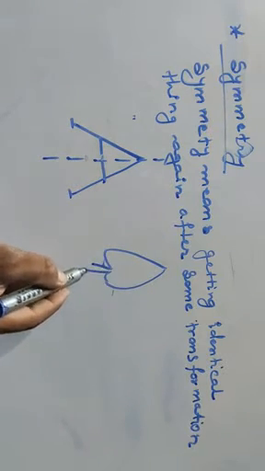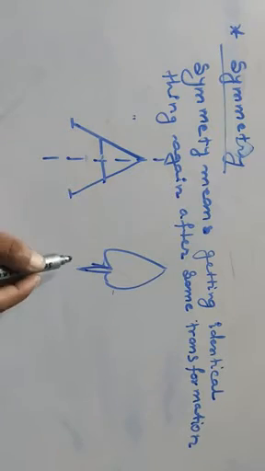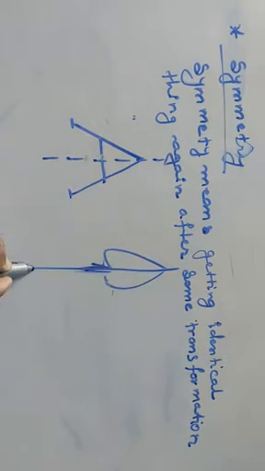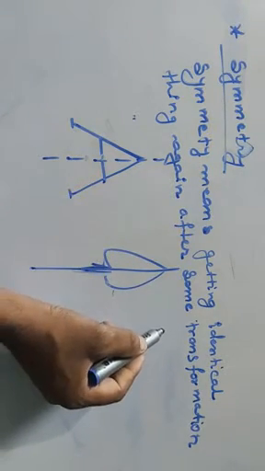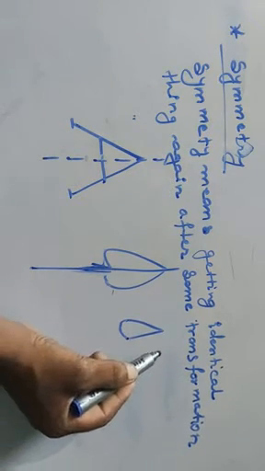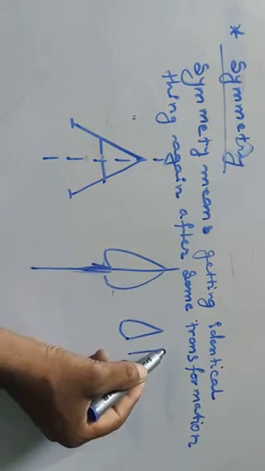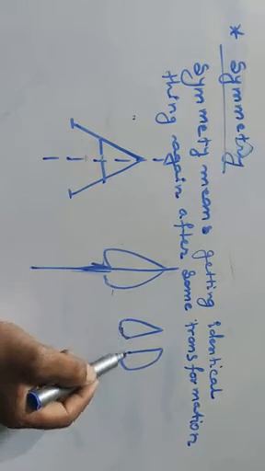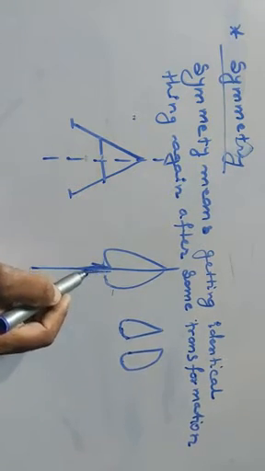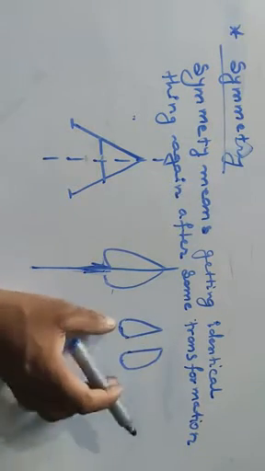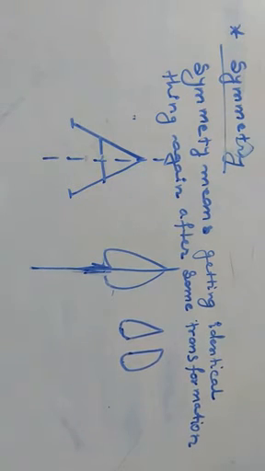Suppose leaves. Friends, how many lines of symmetry can we construct in a leaf? One line of symmetry. When we divide it, it will be half and half. When we add them together, it makes a whole, one leaf. Symmetry divides into two equal parts. That is called line of symmetry.